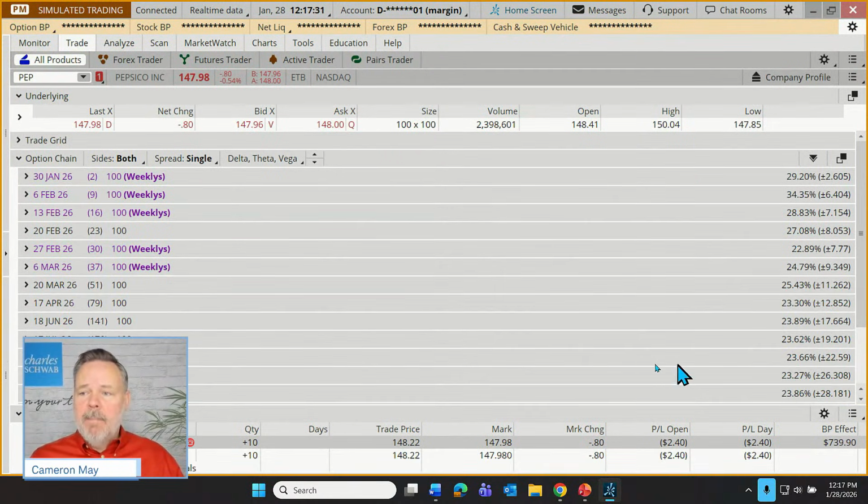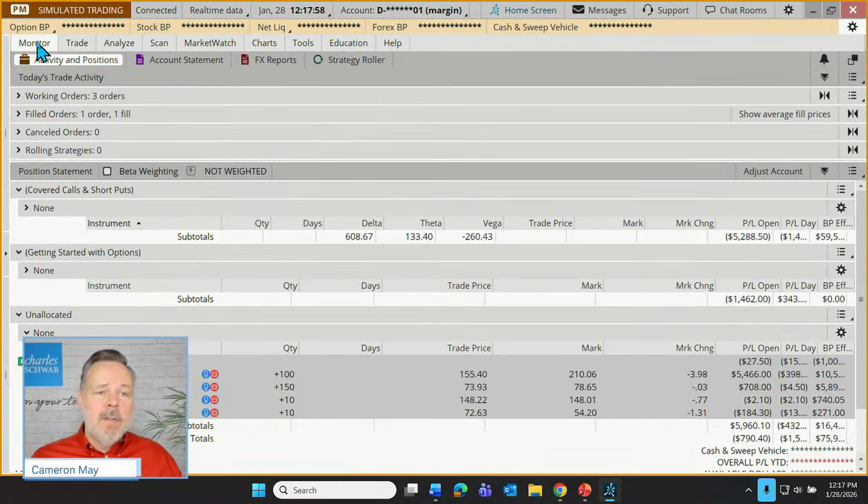Let's delete that one. And let's talk about using, now I think up to this point, everybody's been comfortable because of course you can trade on something called the trade tab. That makes sense. But actually, there are embedded ways to trade all over the Thinkorswim platform. Really, just keep your eye out. If there's a symbol or if there's a quote, a bid or an ask or a last price, it's probably tradable right from there. So let's go to our monitor tab.